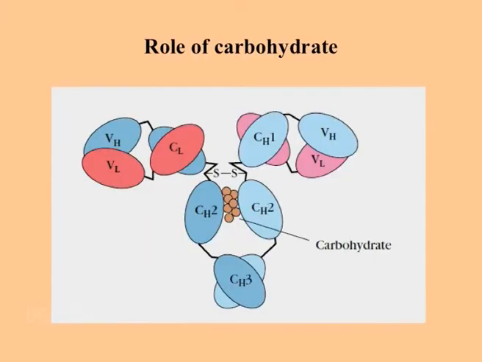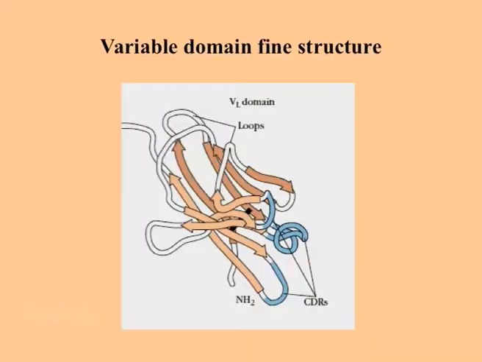Presence of carbohydrates increases the solubility of immunoglobulin molecules. And another point is there, due to the presence of carbohydrate molecules in between these two domains, the domains protrude out, and these domains are actually responsible for binding to other molecules during mediating biological activity. Okay, so presence of carbohydrate increases solubility of the immunoglobulin molecule and helps in the biological activity of the immunoglobulin molecule.